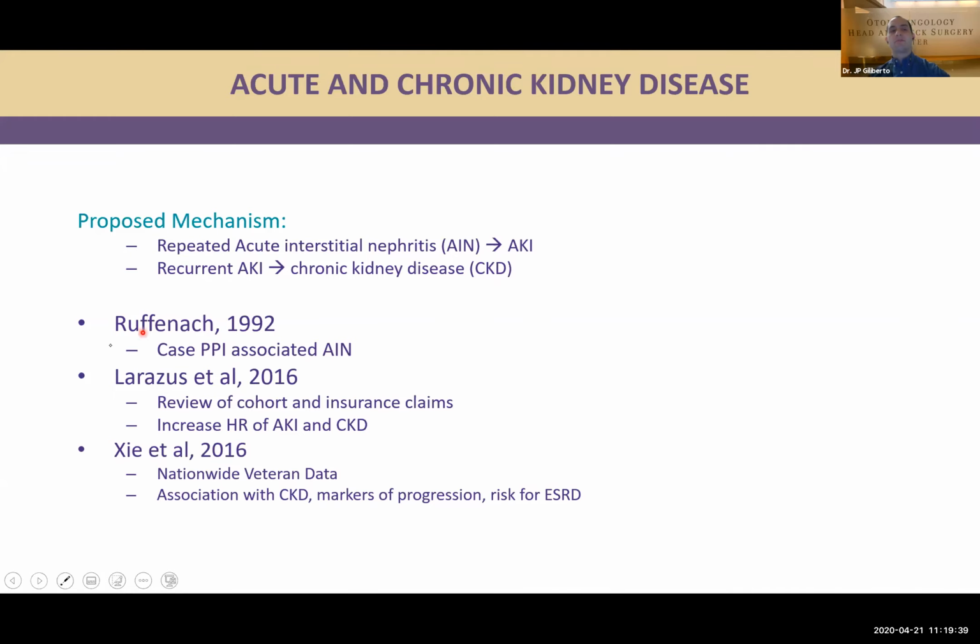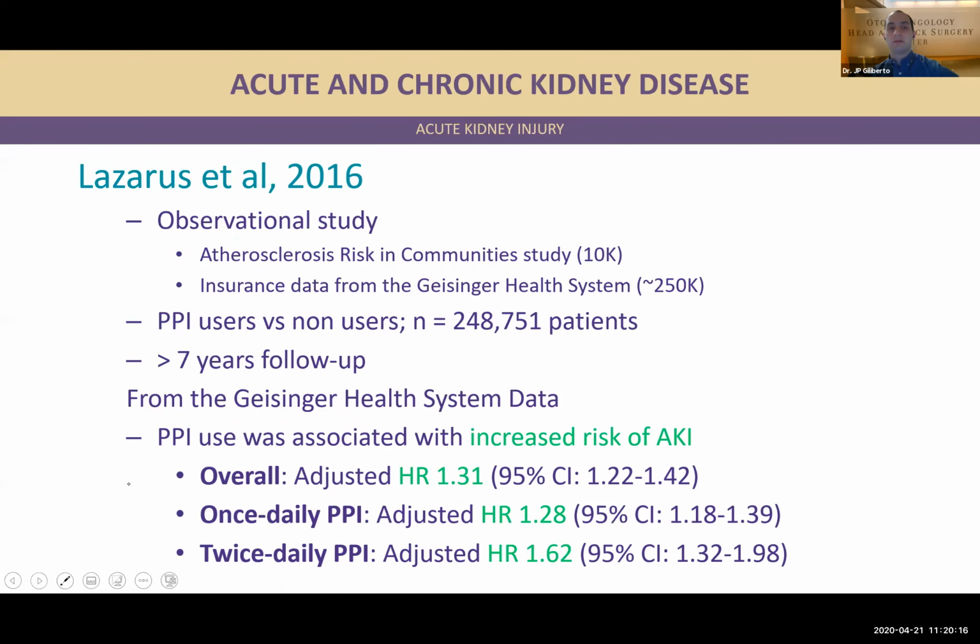And this has a progression of a number of studies. Initially, PPIs were proposed as a cause for AIN around when they were first released in the early 90s. There have been two large insurance and prospective cohort-based studies looking at the increased hazard ratio of both AKI and chronic kidney disease. And then for the Xie et al. study, it was chronic kidney disease as well as progression. So let's take a look at these two major studies on their own to see what we can learn from them. The Lazarus study looked at two separate